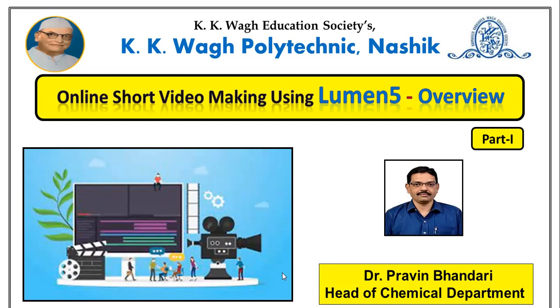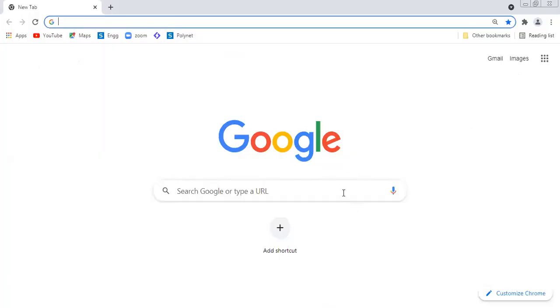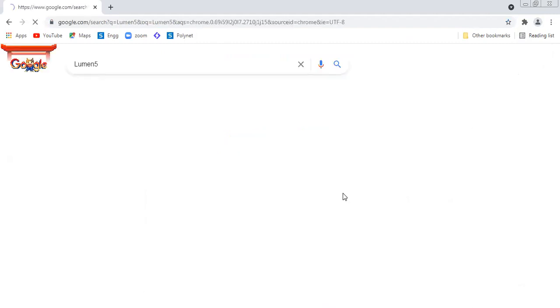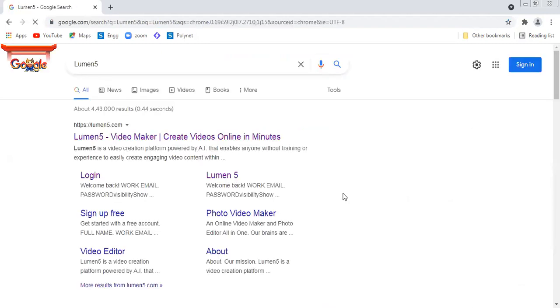Since it is an online video making tool, we'll directly go to Google and type Lumenfy. After this, the Lumenfy website and address will appear.